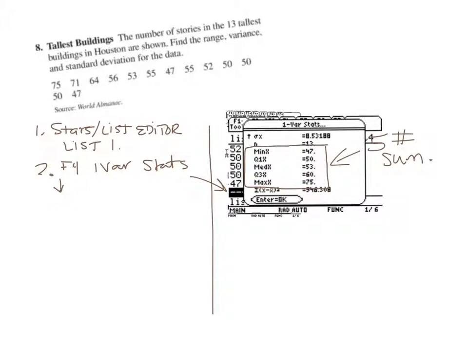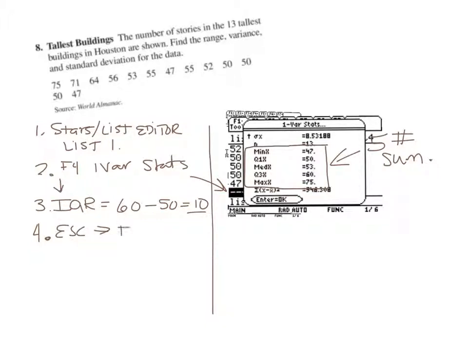Now, with the 5-number summary, you can easily calculate the IQR on your own. IQR: Q3 60 minus 50 is 10. So I have to do the IQR by hand. However, we can make our calculator design us a box plot. So our next step is to clear out of this. Hit escape